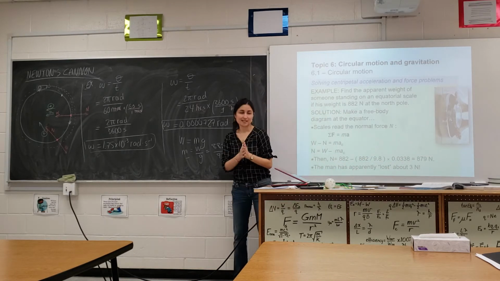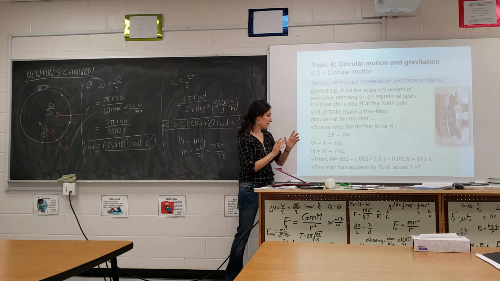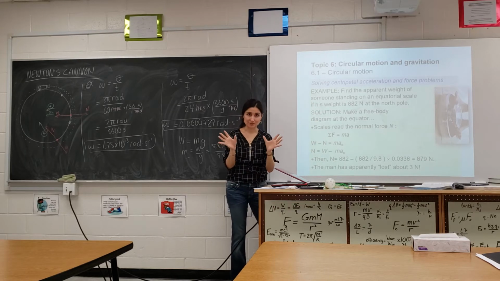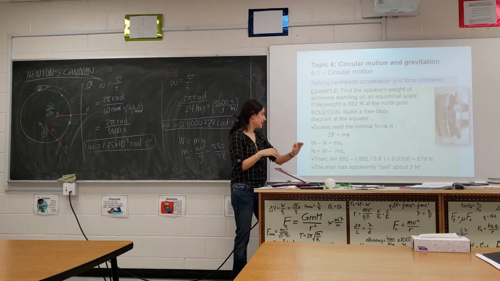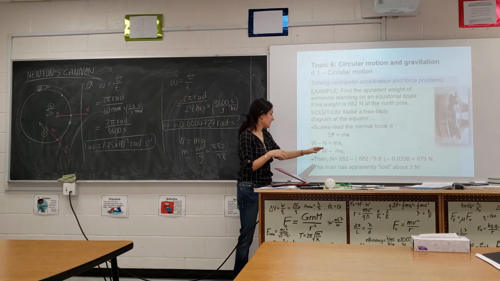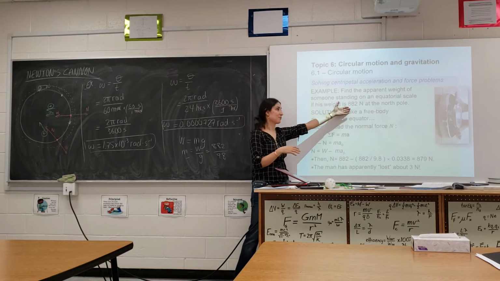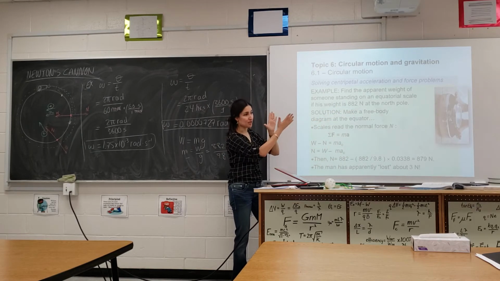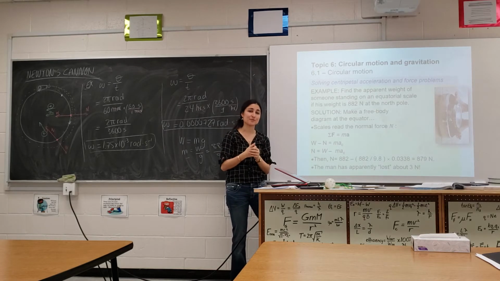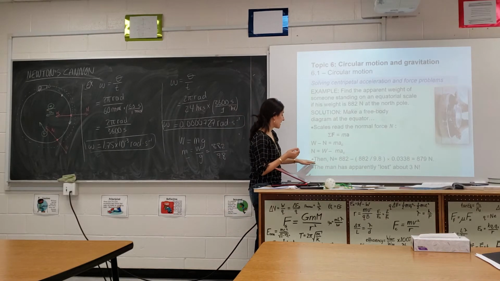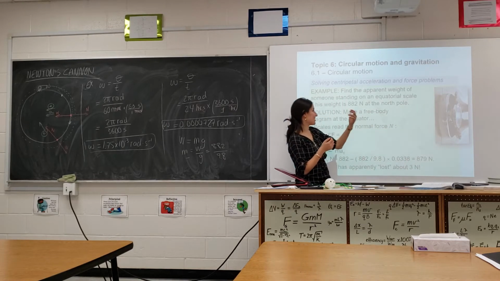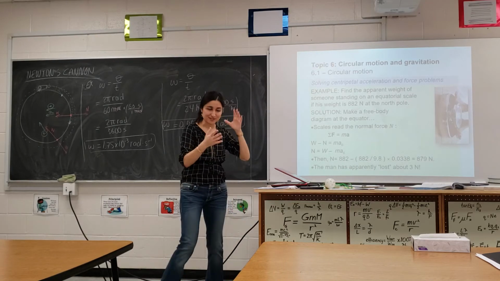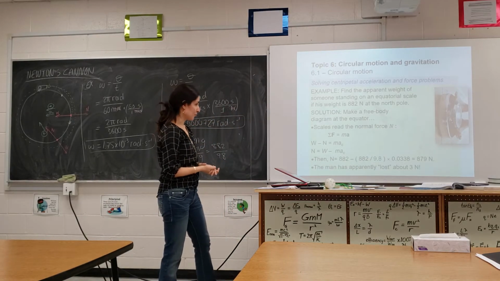newtons. Now, if you remember with a point on the top, at one of the poles, we said that there was no centripetal acceleration because your R value was 0. So if AC is 0 for a point on the poles, that means N is equal to W, which is what we had, right? Your weight would have been 882 newtons. But it seems like the further you get away from the poles, your scale will read something a little different. And in fact, we find that at the equator, the scale would read 879 newtons. That's 3 newtons different. Okay, so it just goes to show that, well, depending where you are, you're going to have a different normal force acting on